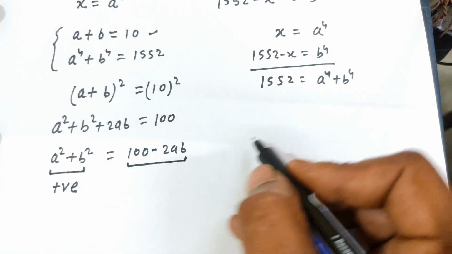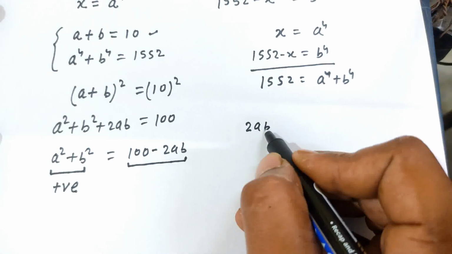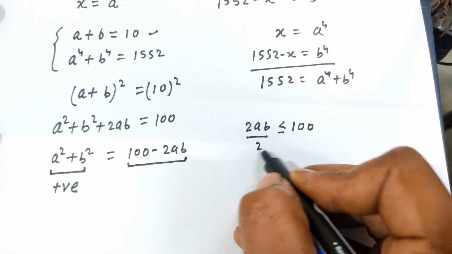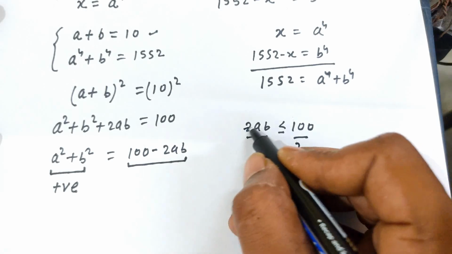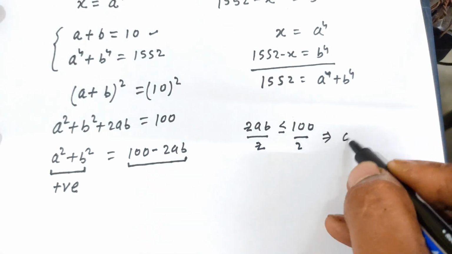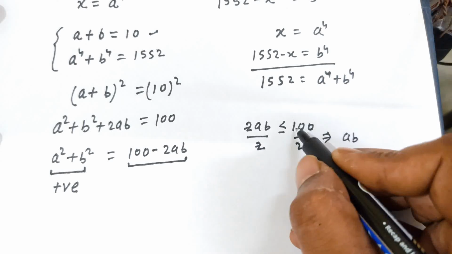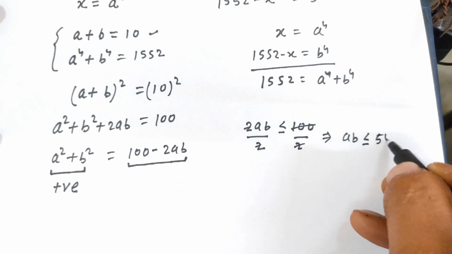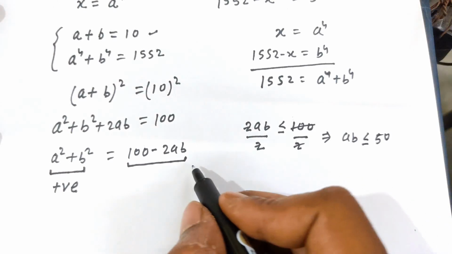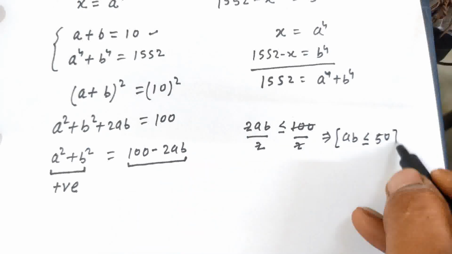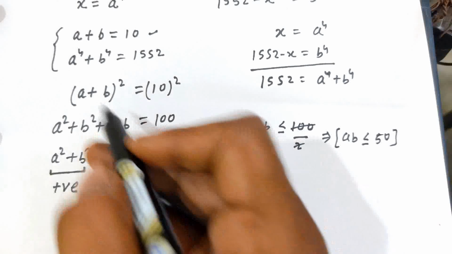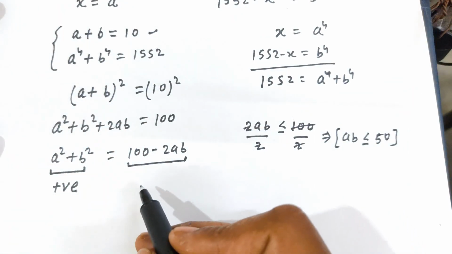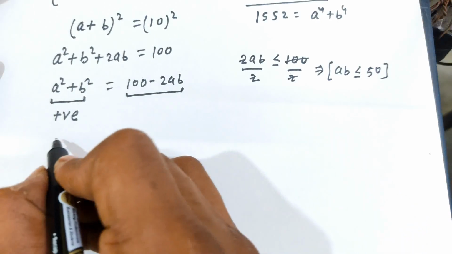So students, 2 times ab is less than or equal to 100. Then if we divide both sides by 2, this 2 and this 2 cancel out. So students, a times b, 100 divided by 2, then we get 50. Then a times b is less than or equal to 50. a times b is always less than or equal to 50. Now here a power 4 plus b power 4 is equals to 1552, and we know the algebraic